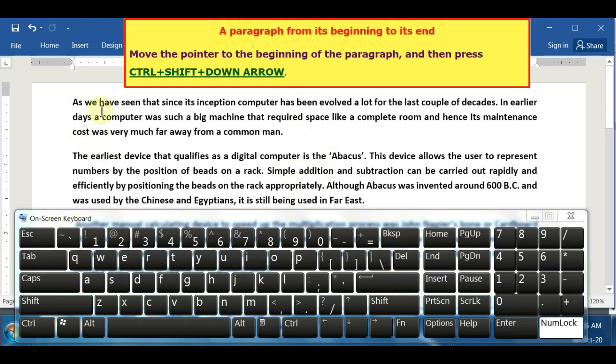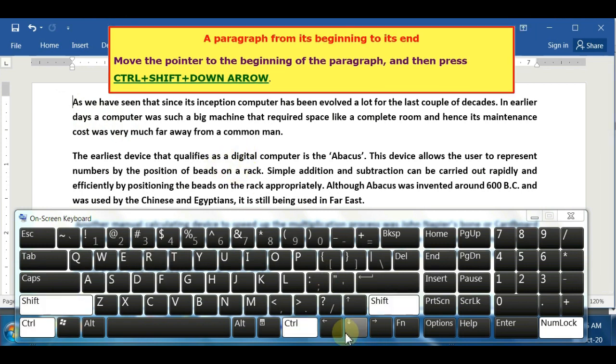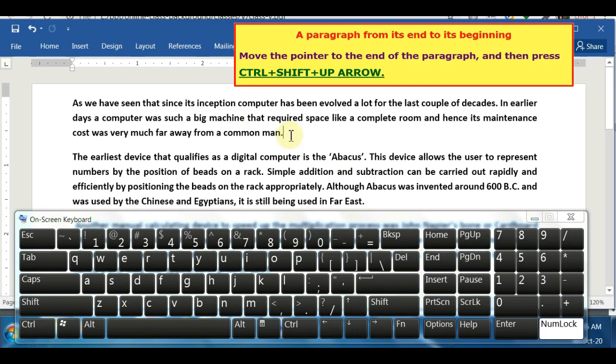And if I want to select a paragraph from its beginning to its end, what I have to do is move the pointer to the beginning of the paragraph and then press Ctrl plus Shift plus down arrow.